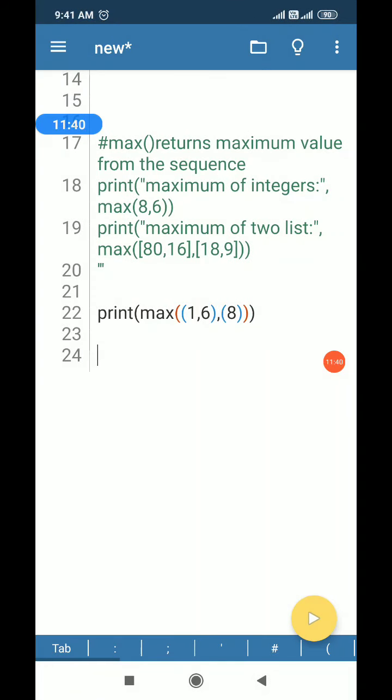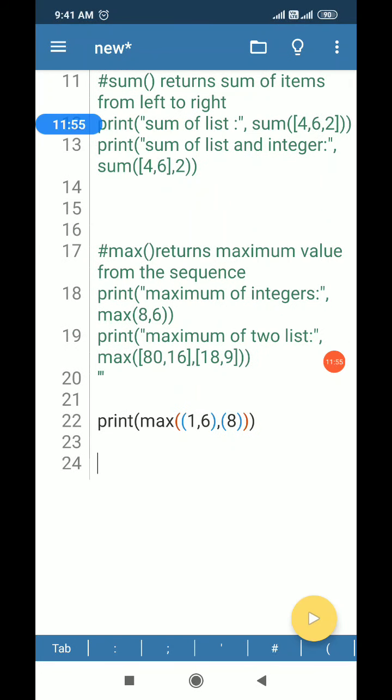Let's see our program. Yes, now I got the error. I got the idea from the error that although 1, 6 is a tuple, this 8 is not a tuple.